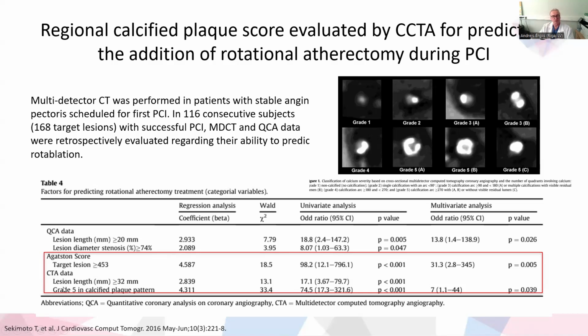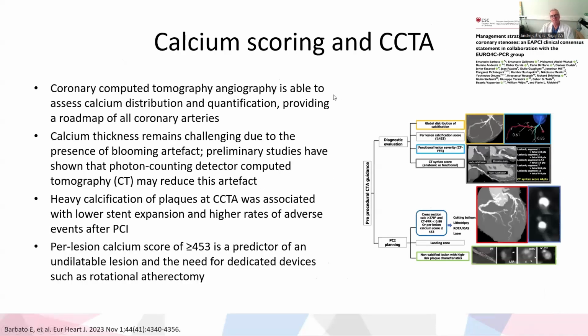high, then it could also be necessary to use different devices like rotational atherectomy devices, rotational atherectomy, and others. Mostly this is maybe more instinctive for interventionalists, and also from this ERPCI group. This is like 4C, or this calcium group, and it is important that if you see something like this in CT scan, you also should understand that there will be a necessity to use different kinds of devices and maybe sometimes special